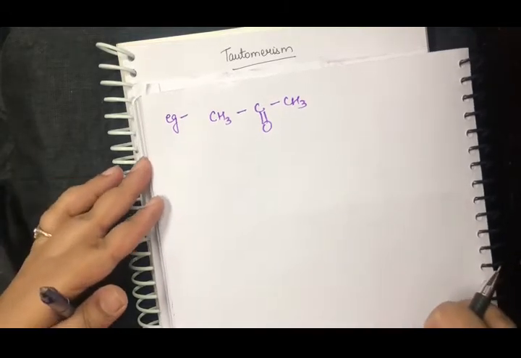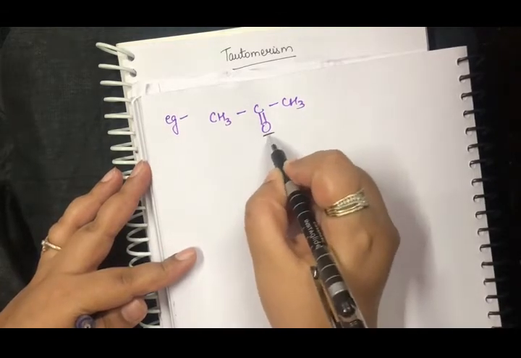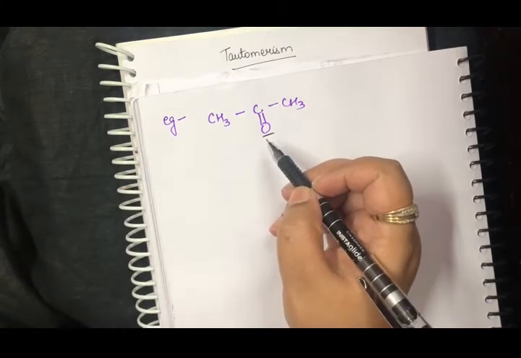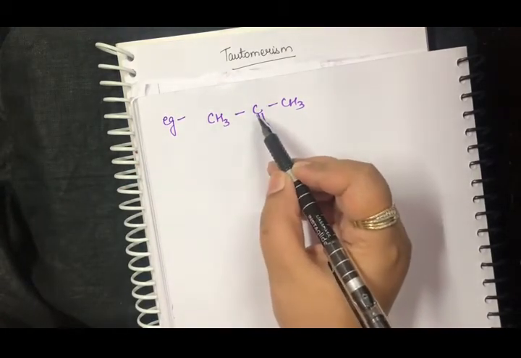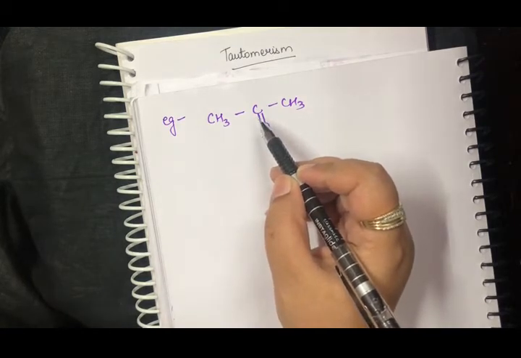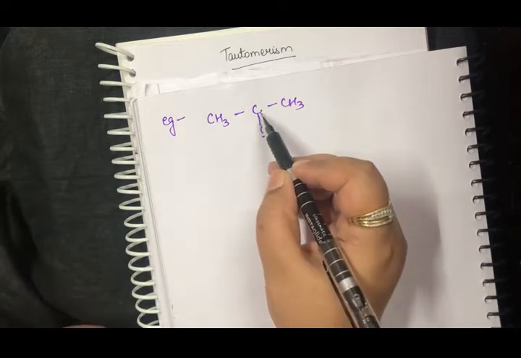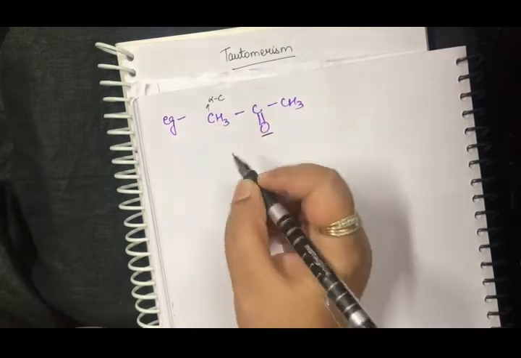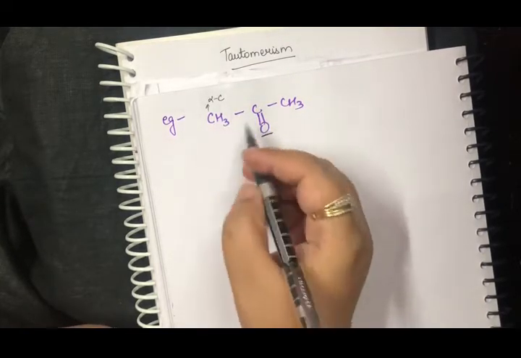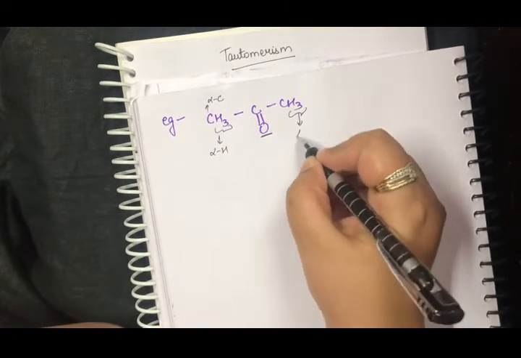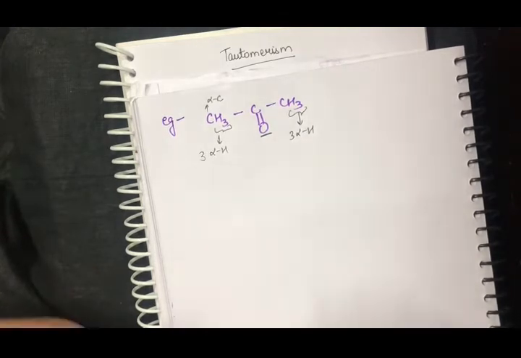Take the example of this particular compound, this is propanone. Now I have to check the two conditions. The first is that it should have an electronegative atom. This compound does have an electronegative atom, that is oxygen. And it should also be bonded with a multiple bond to the other atom. Yes, it has a double bond here, so the first condition is satisfied. Similarly, the compound should have alpha hydrogen. This is the carbon with the electronegative atom, and this is the alpha carbon. The hydrogens attached to the alpha carbon are called alpha hydrogens. So in this compound, I have 3 alpha hydrogens here and 3 alpha hydrogens here.